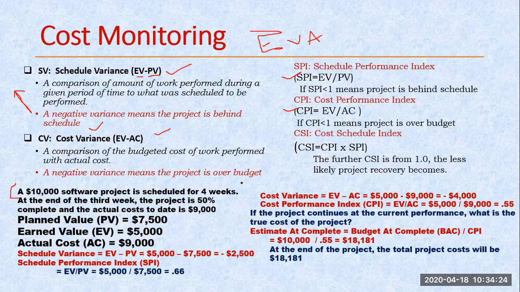So we have an example: my project cost is 10,000 and the duration is 4 weeks. So if I try to calculate the per week cost, 10,000 divided by 4 becomes 2,500. Okay. Hello. So here are we supposed to calculate on a week basis? Yes, sir.